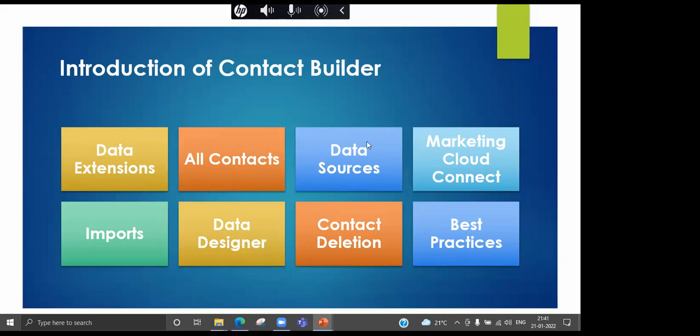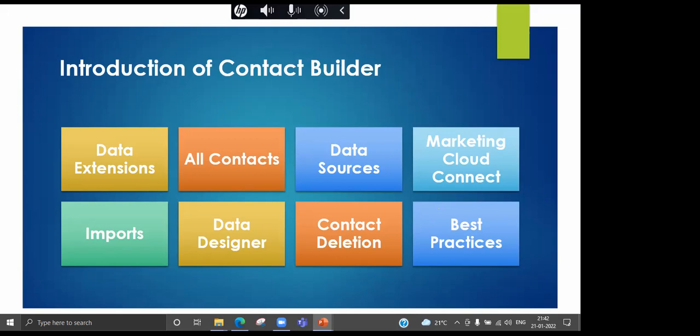What are the data sources? What are the sources we can define to bring data into our system? Data sources can be a website. Data sources can be a CRM system like Sales Cloud, Service Cloud. A data source can be a mobile app, a social media page, a sign up form, or a WhatsApp group. So all these are the data sources which we can utilize to bring data into our data model.